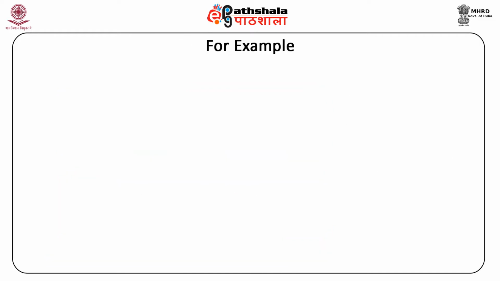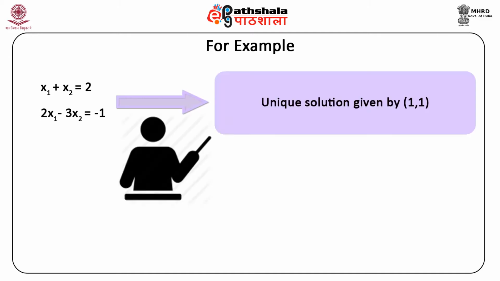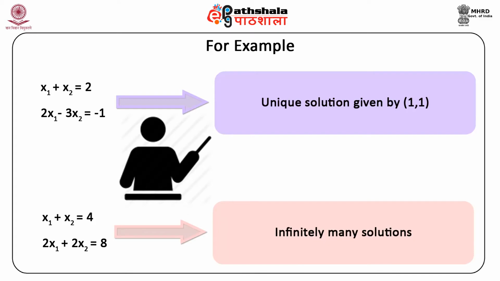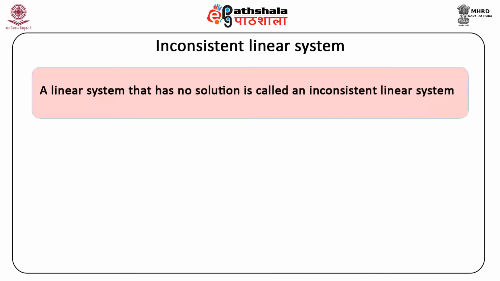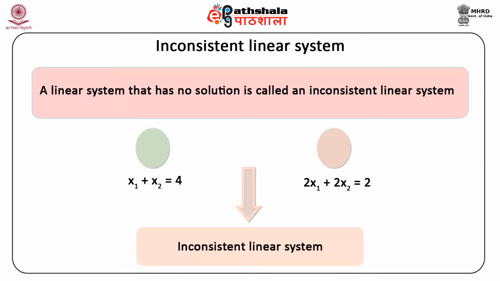For example, the linear system x1 plus x2 equal to 2, 2x1 minus 3x2 is equal to minus 1 has a unique solution given by (1, 1), whereas the linear system x1 plus x2 equal to 4 and 2x1 plus 2x2 equal to 8 has infinitely many solutions. Inconsistent linear system. A linear system that has no solution is called an inconsistent linear system. For example, the system x1 plus x2 equal to 4, 2x1 plus 2x2 is equal to 2 is an inconsistent